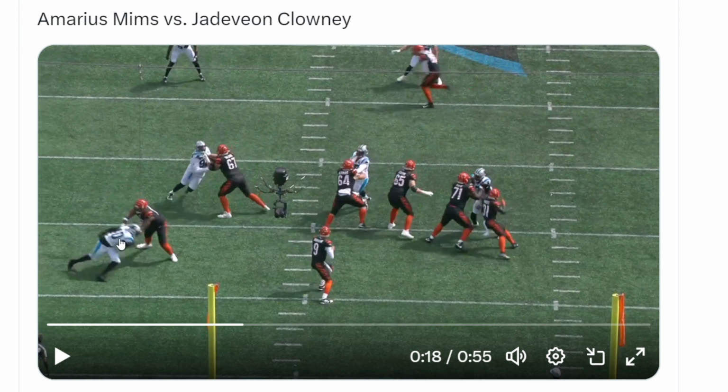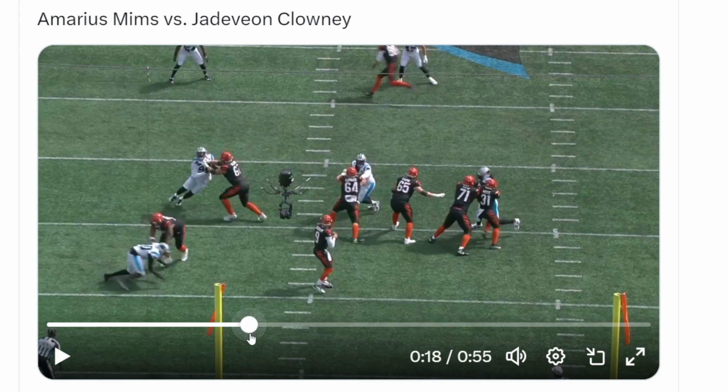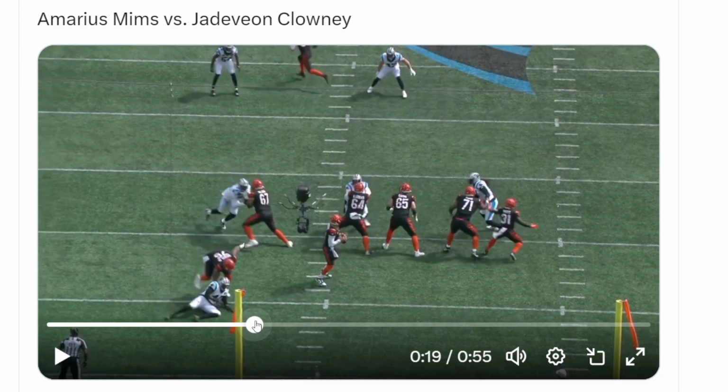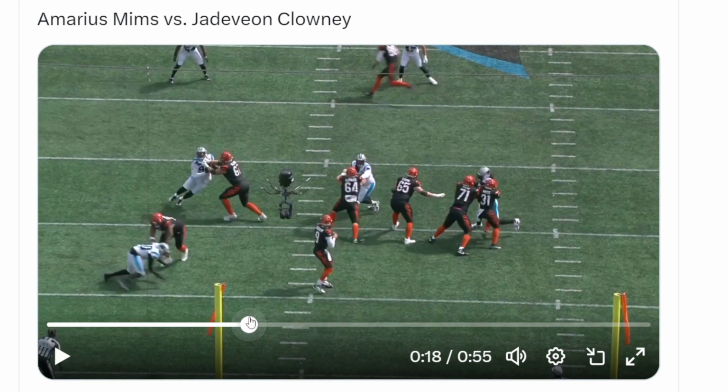That's what this comes down to, and it's all about protecting Joe and keeping Joe upright. First off, Amarius Mims fully had him here, and you can see this is exactly what I'm talking about. Look at Zach Moss. The point of Zach Moss here is this is called a block and release play. A block and release play, you can run this for running backs, you can run it with tight ends. Your point is you run to wherever you need to help block, you block the guy, and then you release